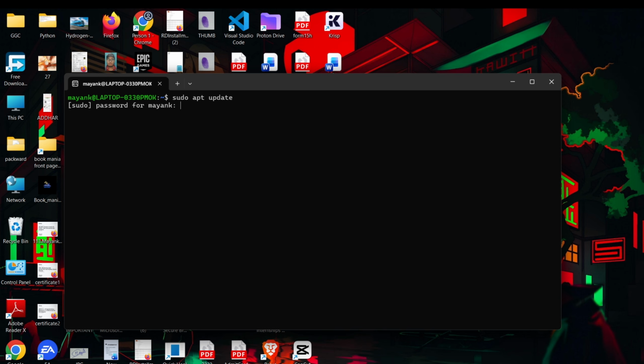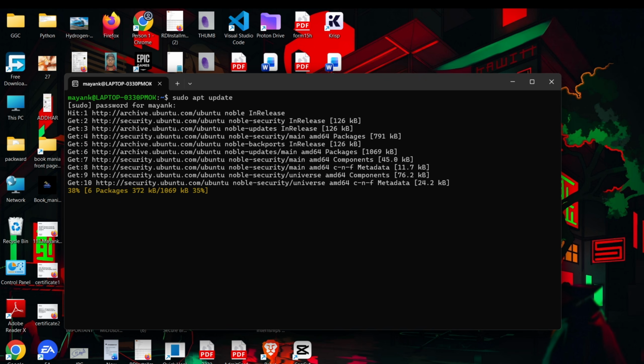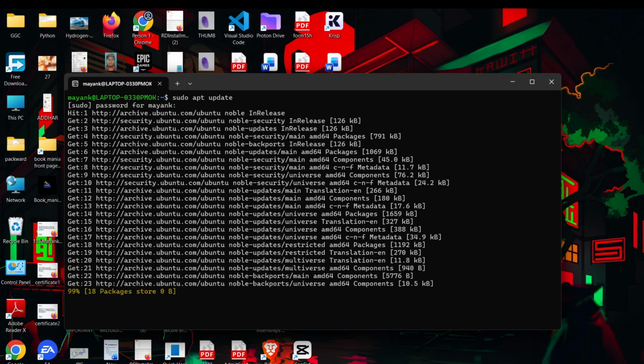Now please click enter. You will see that it is going to ask you for your password. I know that you have already created it at the start of Ubuntu. Now just type it, press enter. You will see it starts to install all the dependencies and versions of software. You have to wait for 2 to 3 minutes.